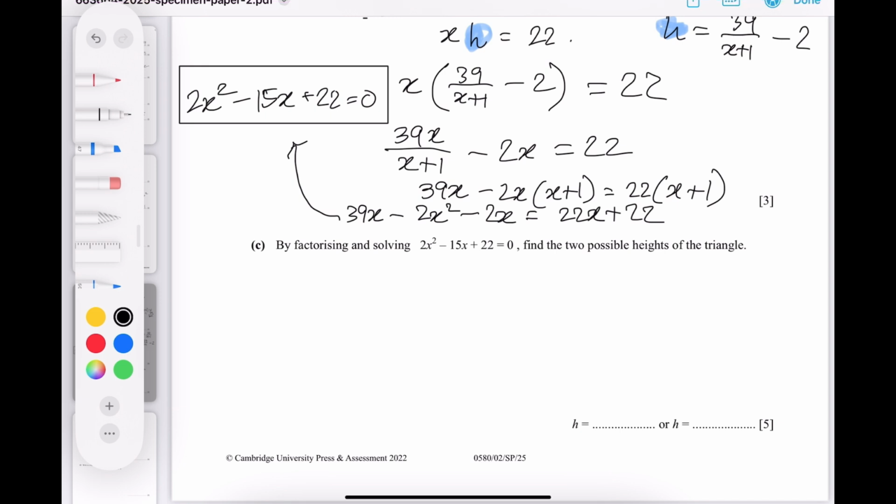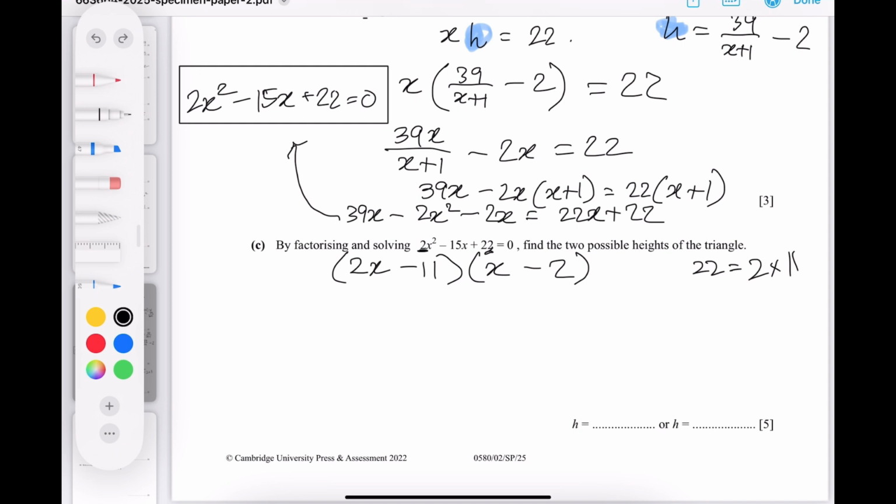So to factorize this, you would get 2x in one bracket and x on the other. Since this is 2, here they have to multiply for 2. And 22 is equal to 2 multiplied by 11. So if we do this as this, negative 11 and negative 2, the negatives,